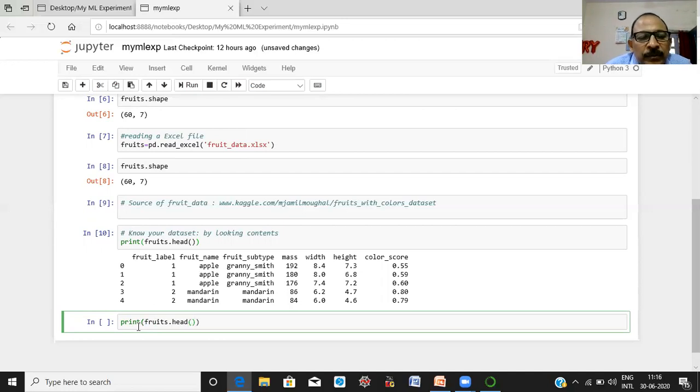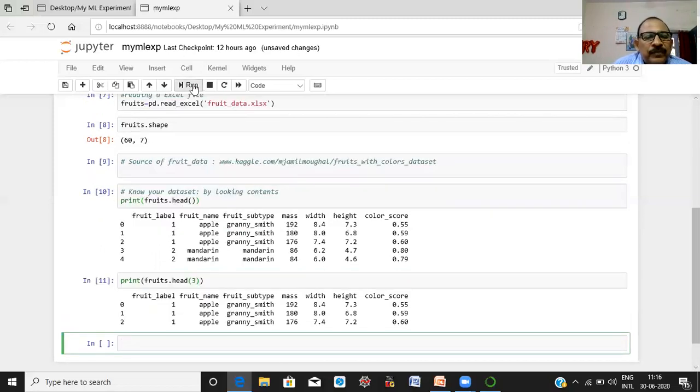Now here you paste it without any parameter. When you use the head method without any parameter, it only displays 5 records. When you specify the parameter, what will happen? Let us see. Run this statement. Here you can see it displays 3 records of your data set.